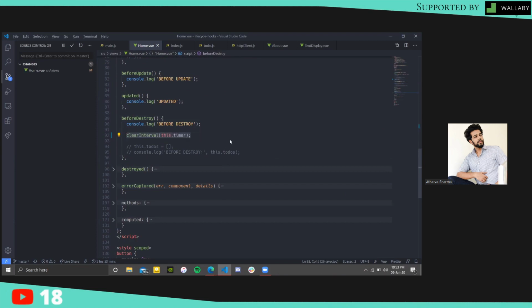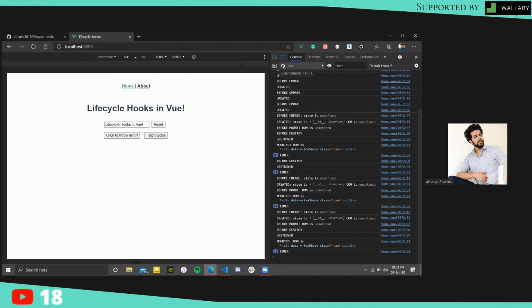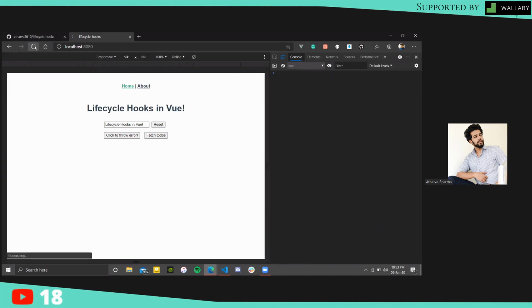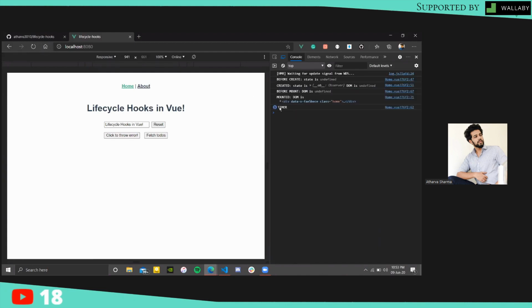So if we refresh the app, we will see the timer is running, and when we change the route now, the before destroy hook was called and the timer has been stopped. It is not being called anymore. So this is just a simple example of how we can use before destroy to do any last moment cleanups that we may want to.